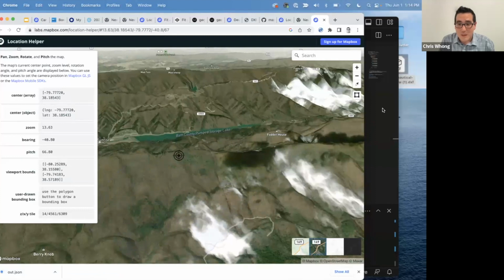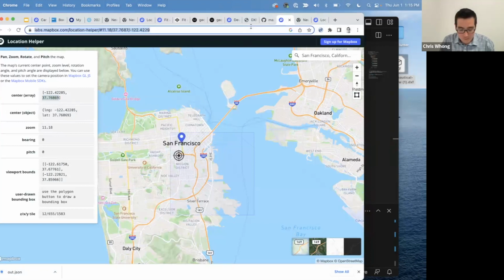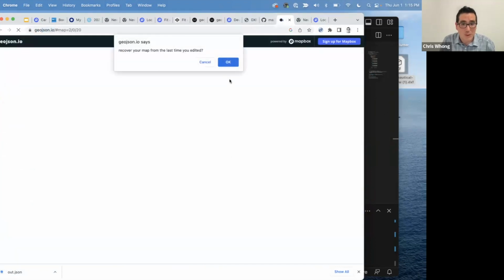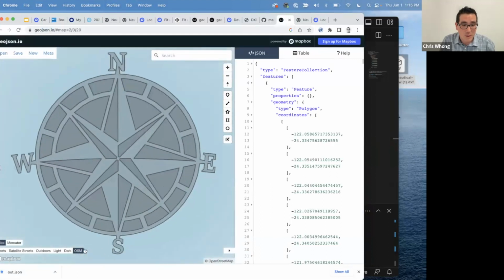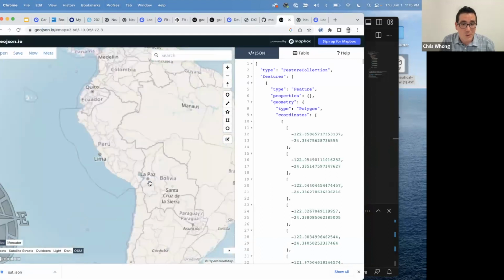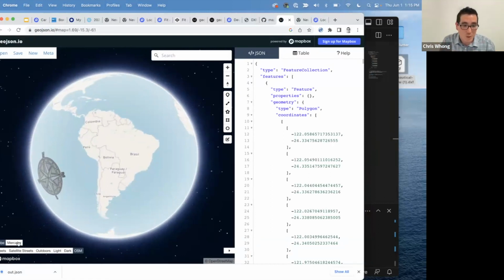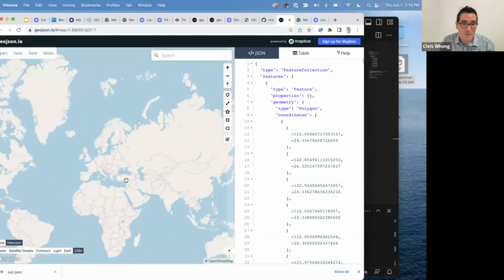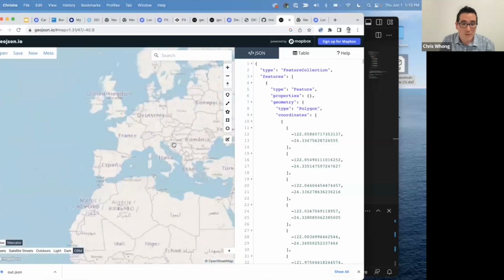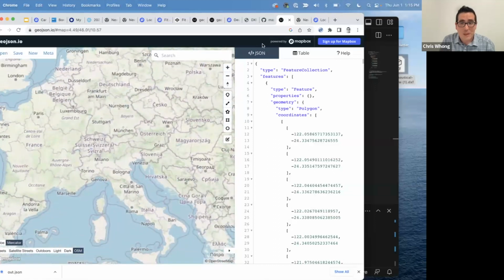But yeah, Mapbox can be used as a tile provider with Leaflet. That's true. And you can also use raster tiles from Leaflet with Mapbox. And that's what we're doing, for example, here in GeoJSON.io with the OSM layer. This is just a raster layer, so it just wraps it around the globe. Or if you switch to Mercator, this looks and feels more like a normal Leaflet style raster layer.